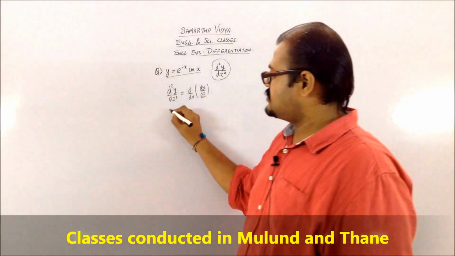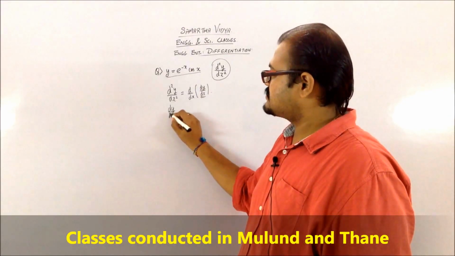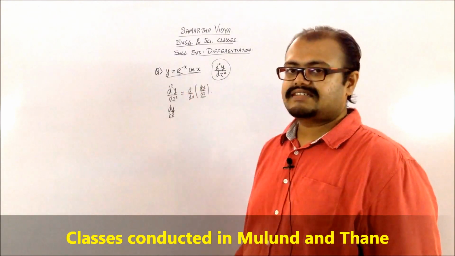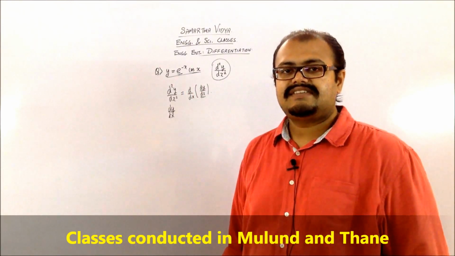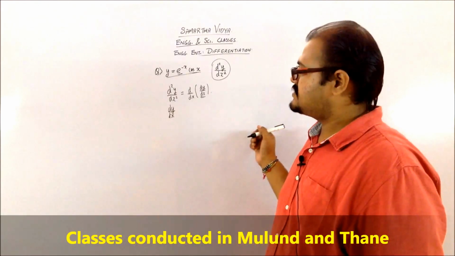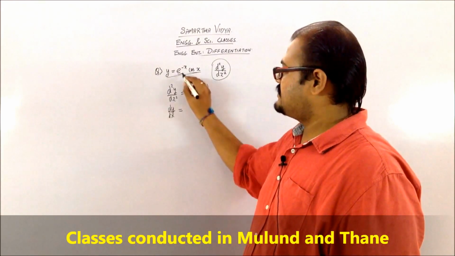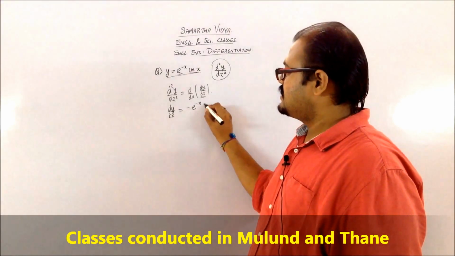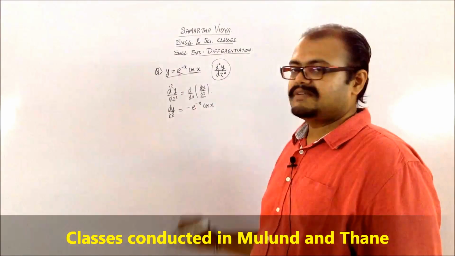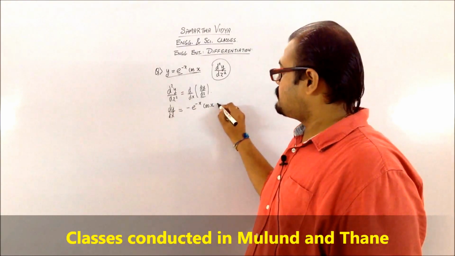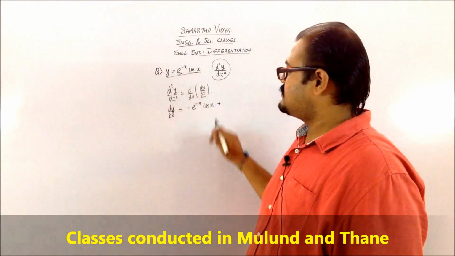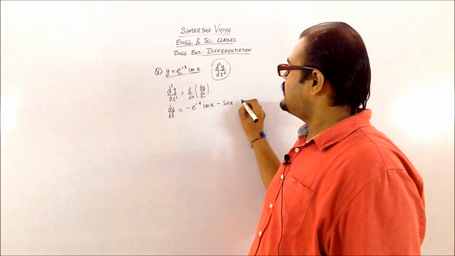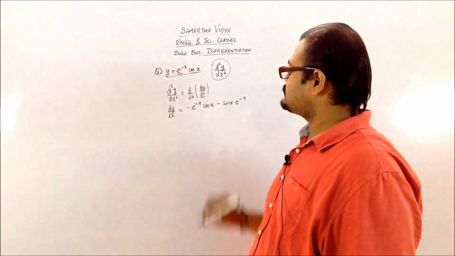So let's see the first order derivative, which is dy by dx. So you can see that there is e raised to minus x and cos x which is present. So it's the uv rule present in it. So it will be derivative of e raised to minus x, which is minus e raised to minus x, cos x as it is, because it's a uv rule, plus it's going to be the derivative of cos. So derivative of cos is minus sin x into e raised to minus x.